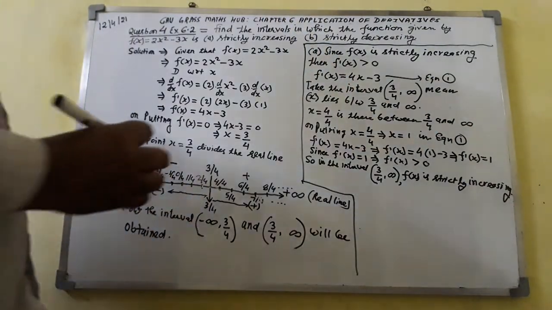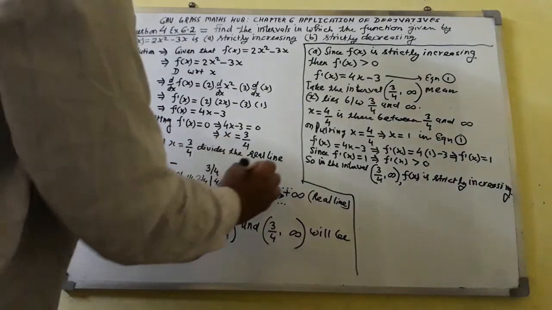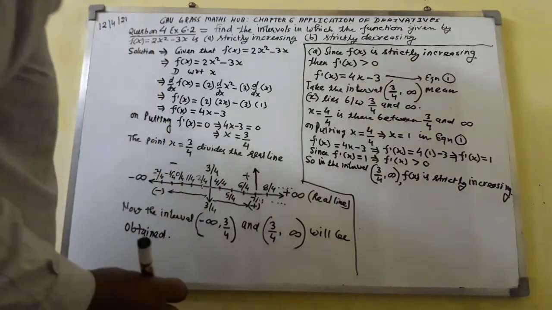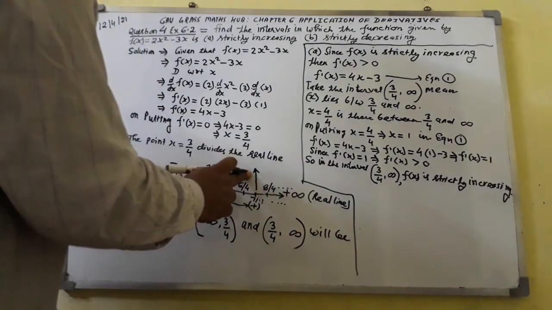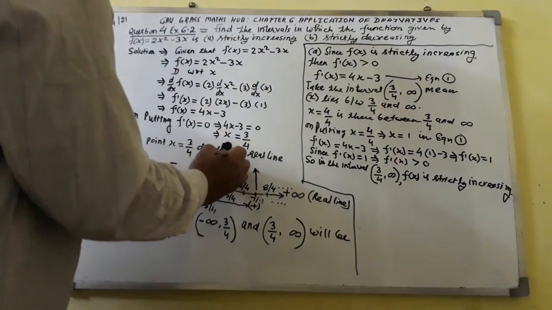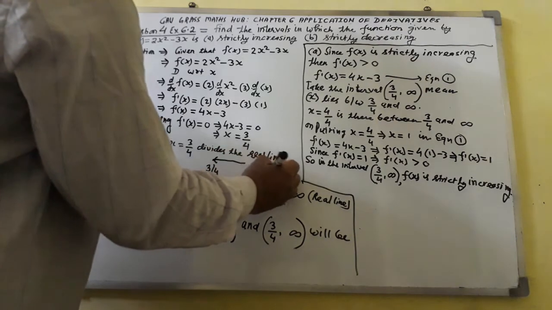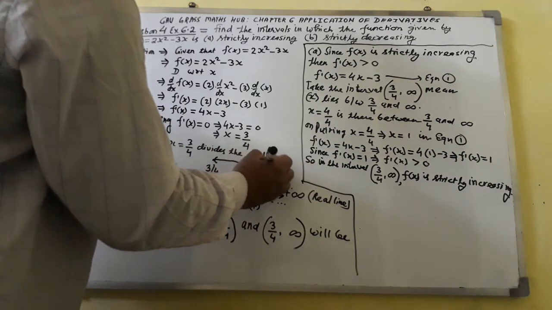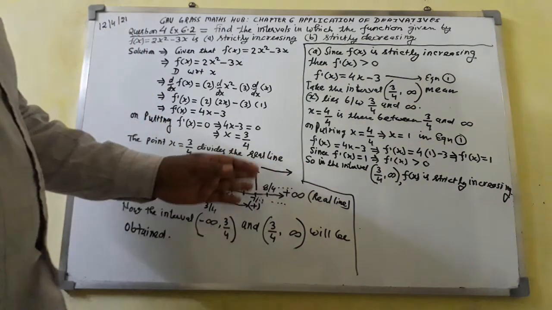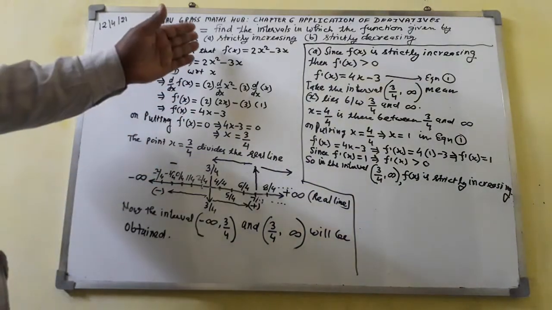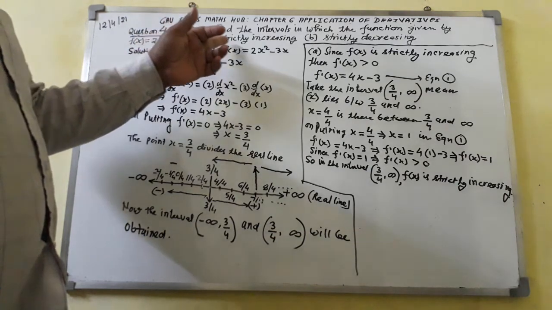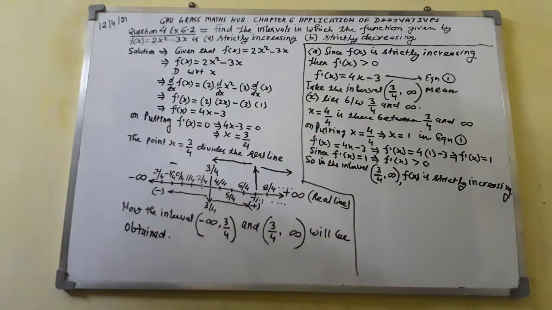That's all we have got. So here I can write very well, in this interval f of x is strictly increasing, from this place to f of x is strictly increasing. That's all. The solution of question 4A I have explained here.